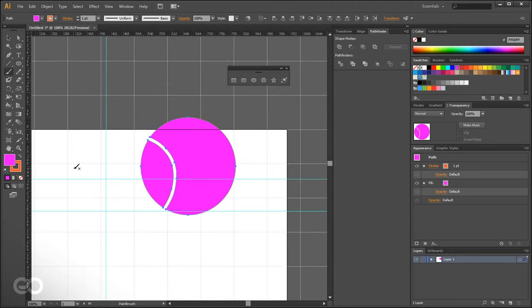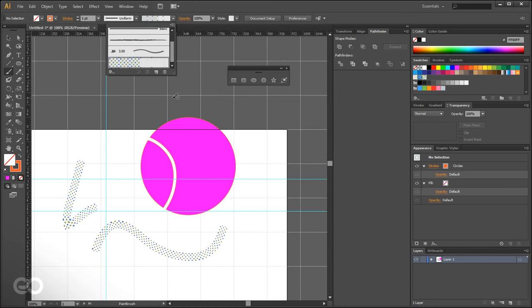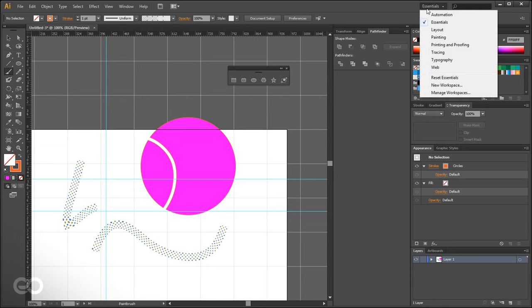Apart from that, I have the brush option. I can go ahead and create any kind of strokes. You can go ahead and add in any kind of values you want. If you want to test out the different options you have, you can change the layout from the default one to painting,